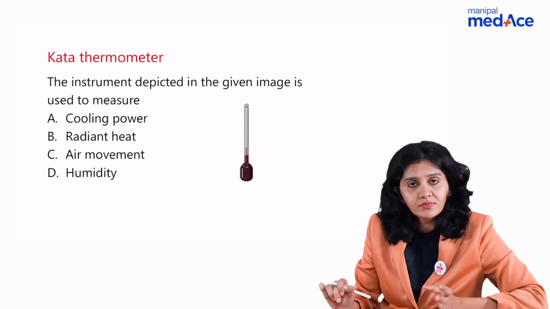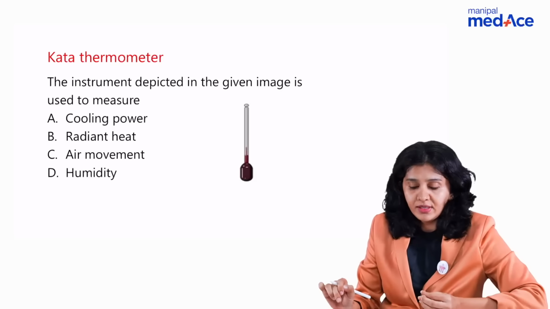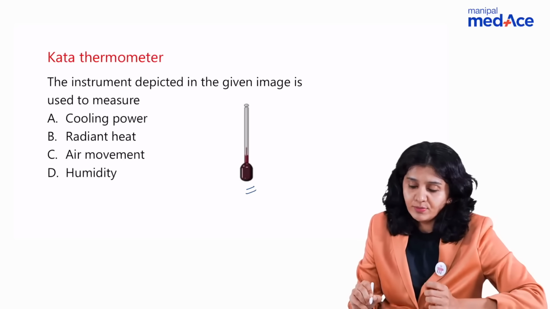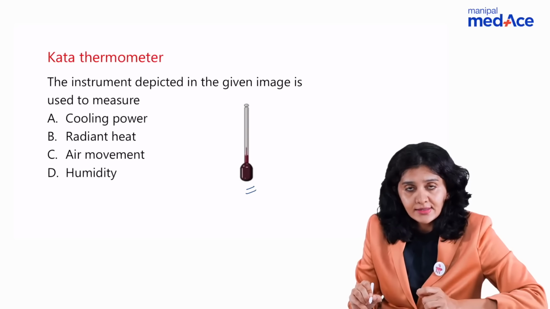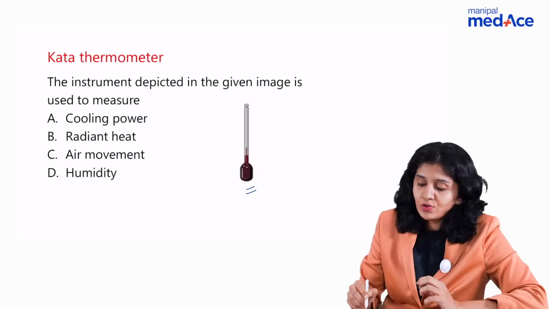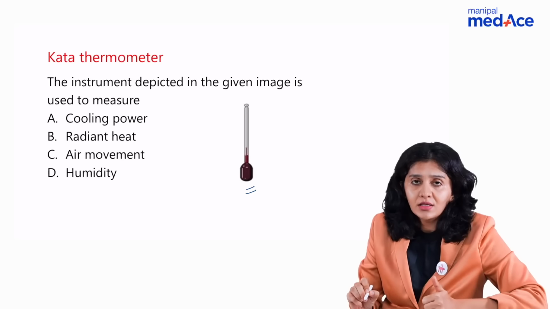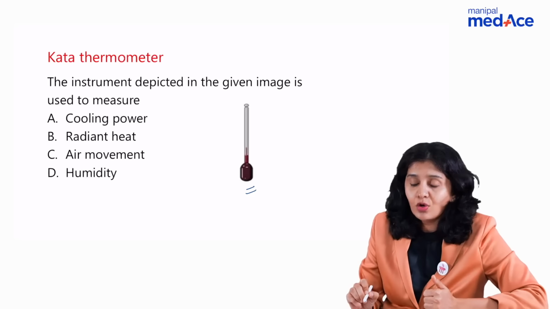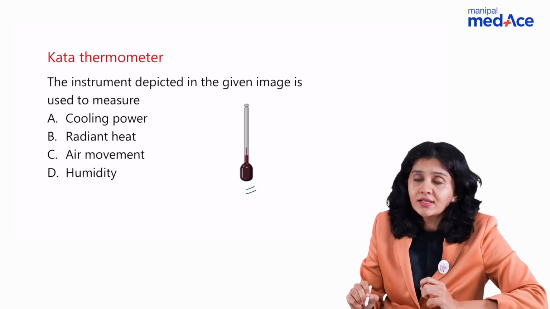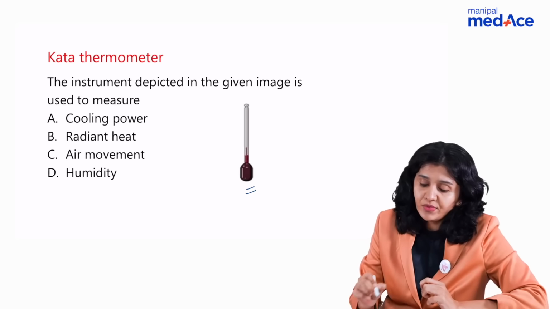Moving on to the next topic, that is from environment and health. Given this image of an instrument, we were supposed to guess the instrument's name plus tell what it is used to measure, right? So what is this instrument? Is it kata thermometer, sling psychrometer, or globe thermometer? So the correct answer is kata thermometer. And the kata thermometer is used to measure cooling power,